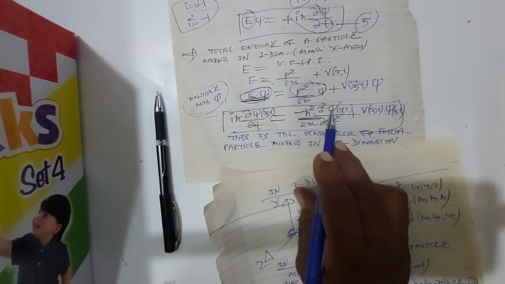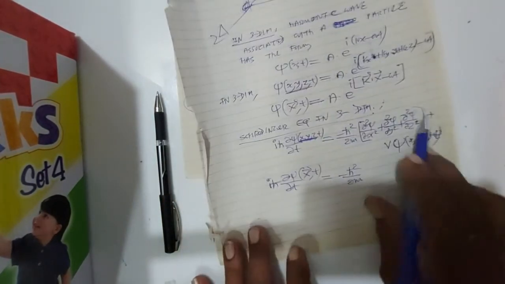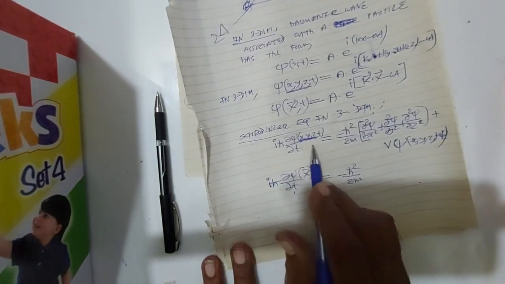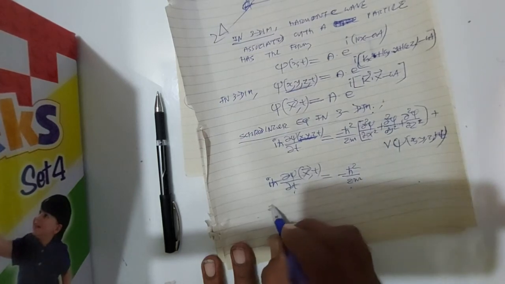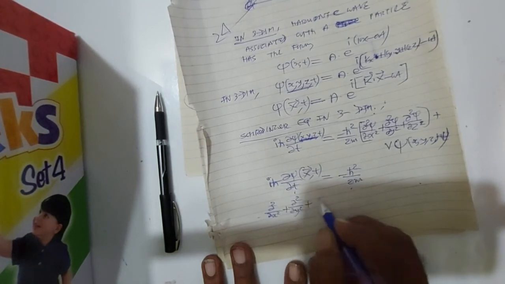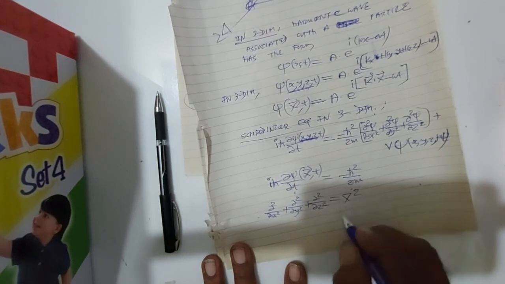So this single term is replaced by 3 terms, d square psi upon dx square plus d square psi upon dy square plus d square psi upon dz square, plus V psi. So i h cross d psi by dt equals minus h cross square by 2m times d square upon dx square plus d square upon dy square plus d square upon dz square,